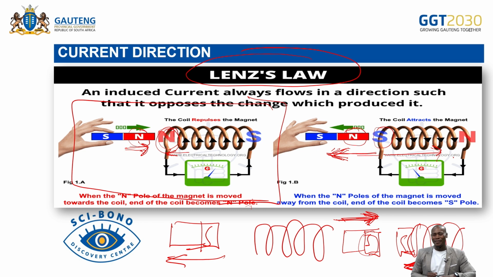Then the induced EMF is trying to say, don't go away. So for that to happen, it means that what must be introduced this side is the north pole. So I'm pulling, so the magnet is moving out. The induced EMF is saying, don't move out. So if the bar magnet is pulled out with the south, it means that what will be produced is the north, so that